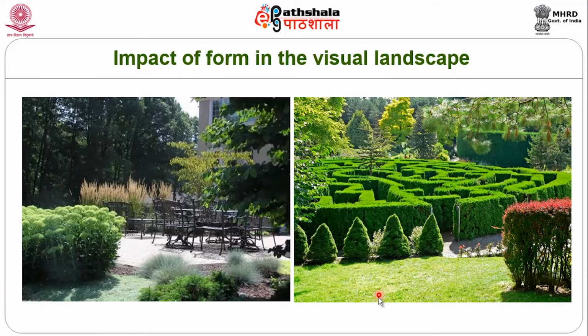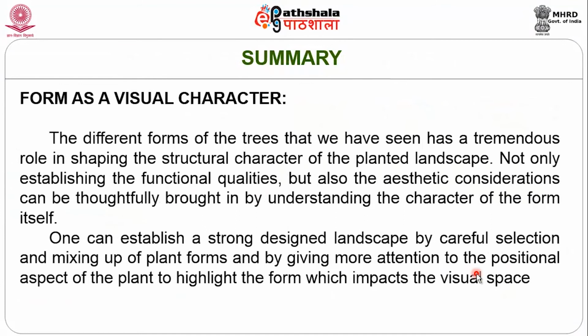In another level we can see the trained forms, and how the form, whether it is a cone or a clump, or even the ground carpet which is being established, can play a vital role in how form can impact a visual landscape. So, different forms, mixing them up, working with them and placing them in the right locations, all play a very important role in how the landscape evolves and how it is going to be visualized.